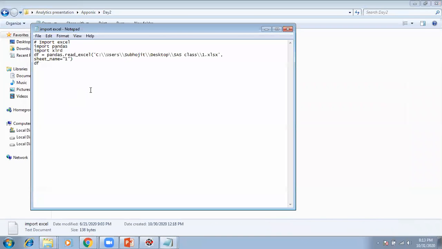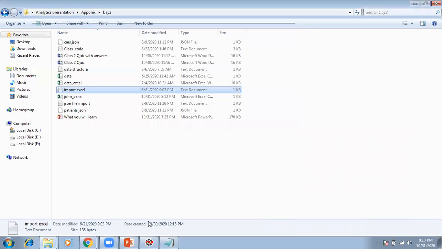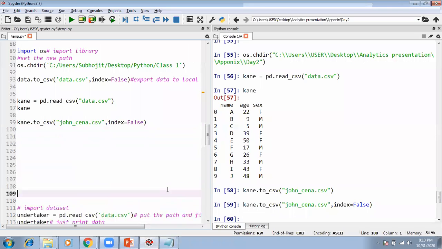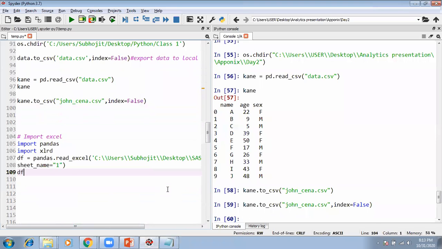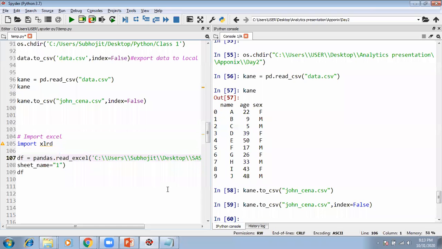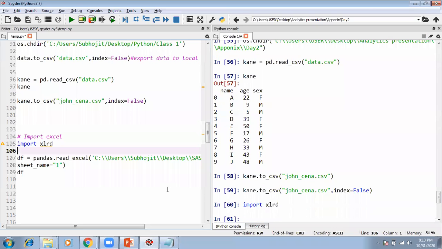So you have the code over here. It's very similar to the previous one, whatever we just did. Pandas we already have imported. Another package is going to be required, which is called import xlrd. This package is required, otherwise you are not able to import an Excel file.